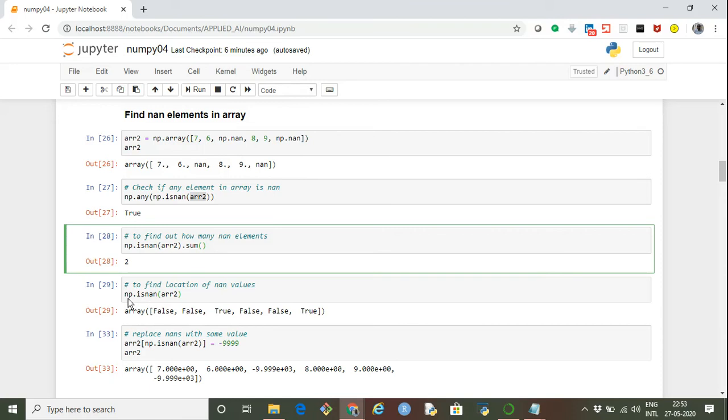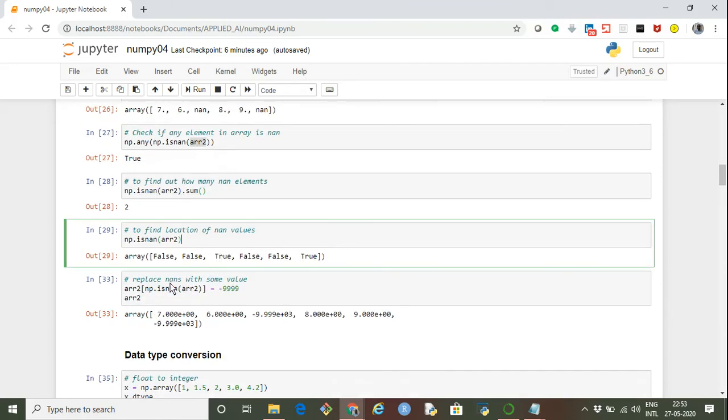We simply say np.isnan and pass the array to it. What we get is false, false, true, false, false, true. This is not nan, not nan, this is nan, and similarly not nan, not nan, and this is nan. So wherever nan is present in the array, the corresponding location is represented as true in the output.